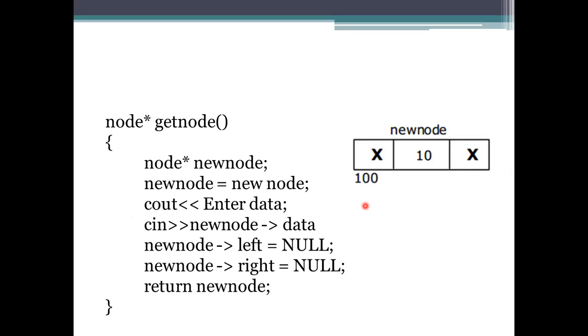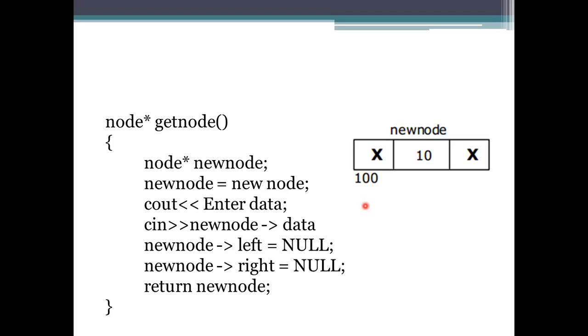Creation means, as I said, whatever node is taken, the node consists of 3 parts. It creates a node with the two links and a data part. As I said, this is the first node, which has been created initially. Here it won't have a left link and a right link, because the predecessor will not be there for the first one, and the successor will not be there for the initial one. So it will be considered as null.